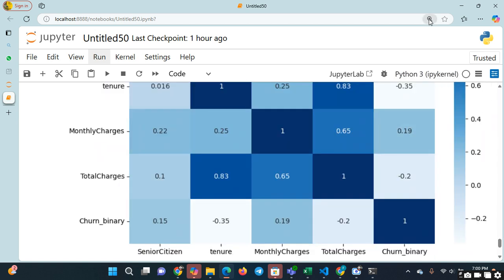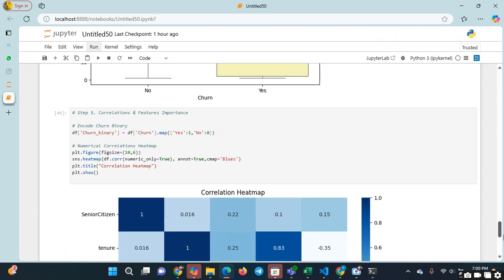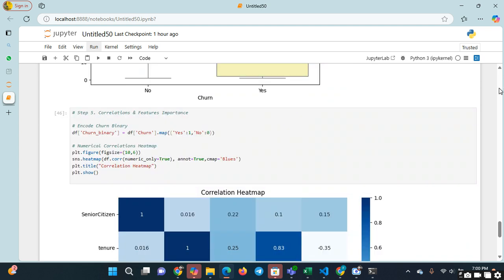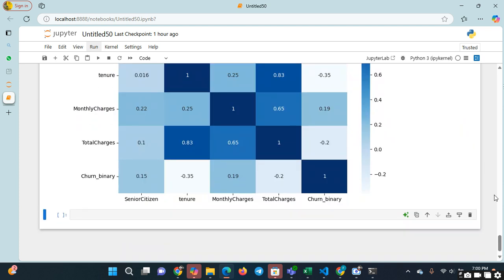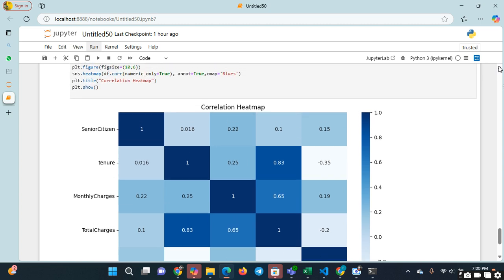So as you can see, let me zoom back a bit so you can see clearly. So this is our heat map for the data set you have here. And the interpretation is this. The heat map can only be plotted for numeric columns. That means a column that has a numeric value. So if we have a column that doesn't have a numeric value, heat map cannot plot the chart for it. You understand? So under the senior citizens, we have the numeric value. And the tenure we have the numeric value. And we have the correlation of it to be